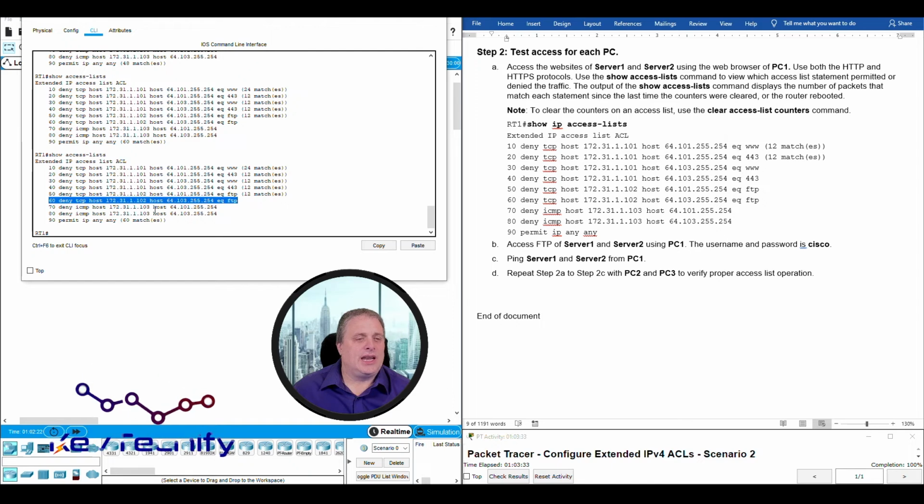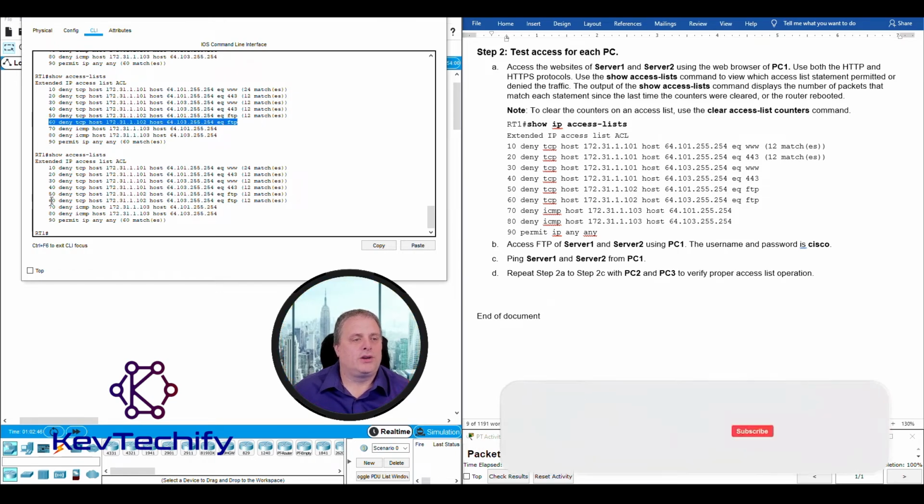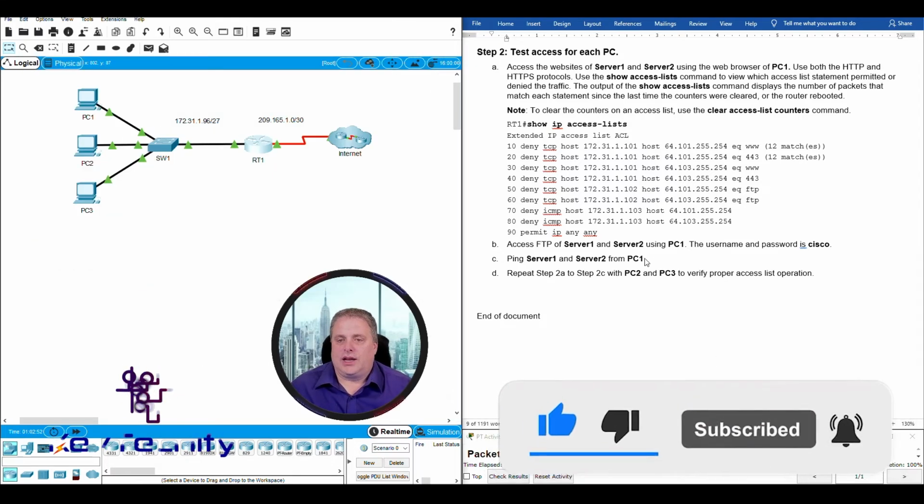When I entered it incorrectly, I had a 102 here, so it's not going to show up as a match. But now, when I corrected it, we're going to have some matches. Let's go ahead and repeat our show access list command. Look at sequence 60, and now sequence 60 has 12 matches. Once again, up here, when I entered it incorrectly, it didn't match. Now when I entered it correctly, we have our matches. Okay,